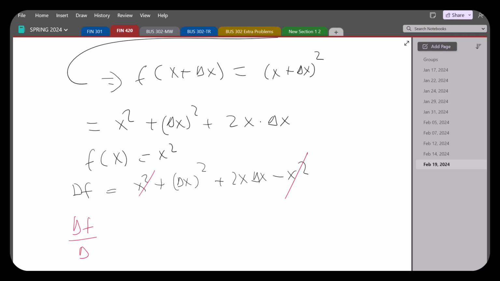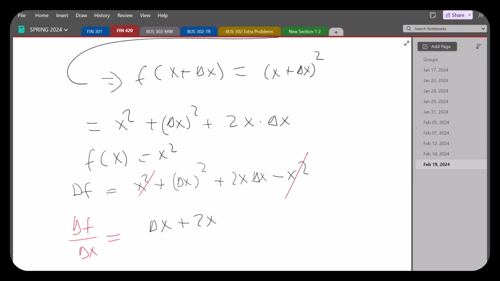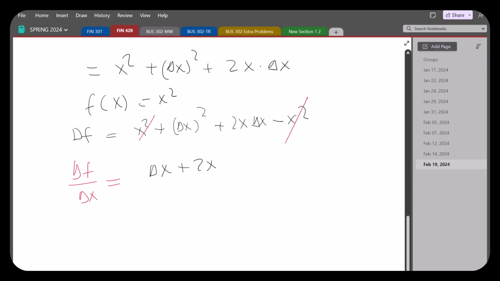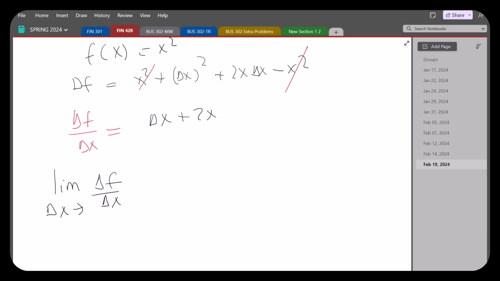So delta f over delta x. All right. I basically divided that by delta x. Remember, delta x is never exactly 0, so we can actually make that division. What I want to know is the limit of this as delta x goes to 0. If you make delta x exactly 0, this thing is actually 2x. So if I wanted to remember the function,